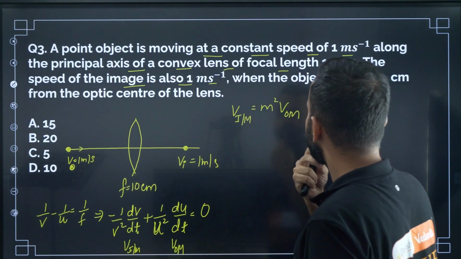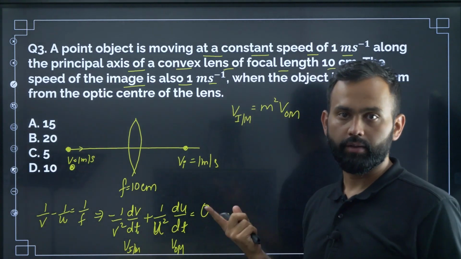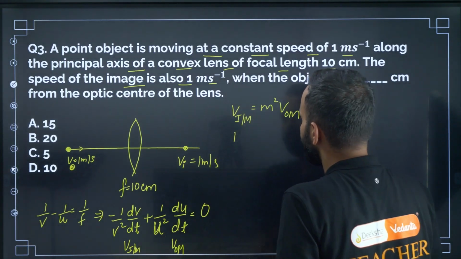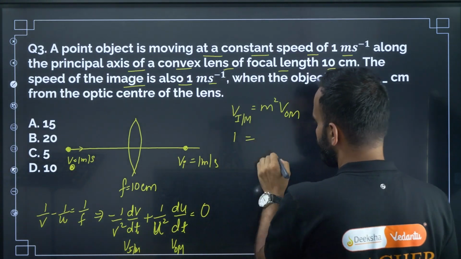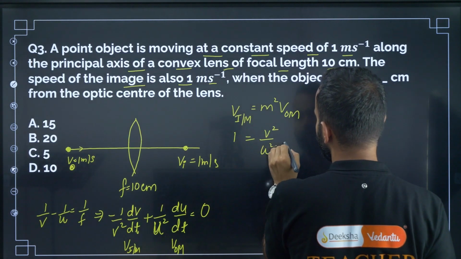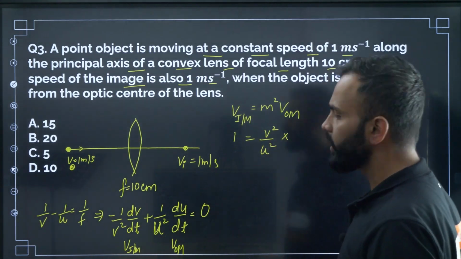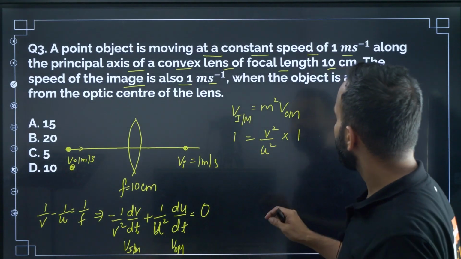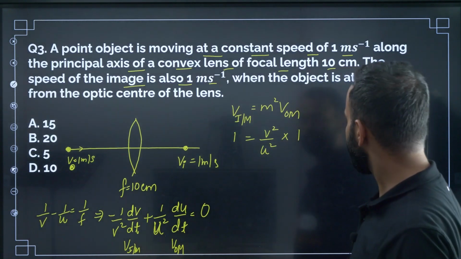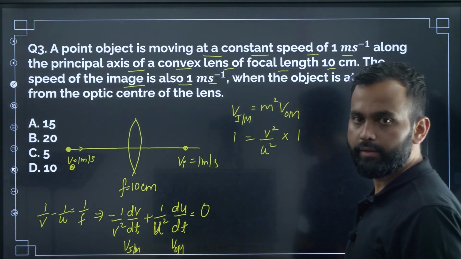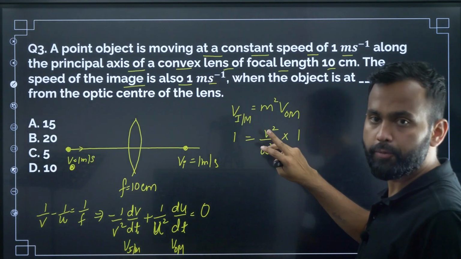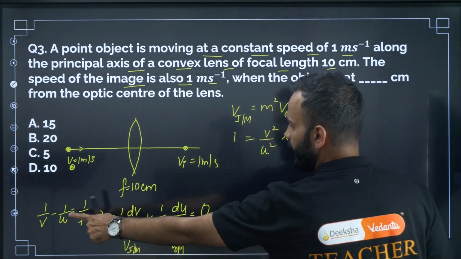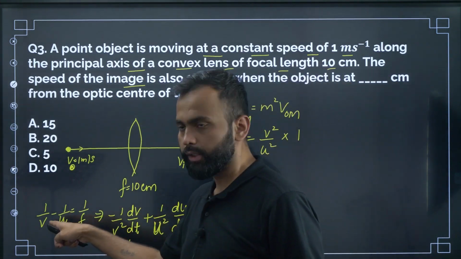Now the velocity of the image with respect to the mirror. What is the velocity of the mirror? It's 0. So the velocity of the image with respect to the mirror is 1 meter per second, which is equal to m square. M square is V square divided by U square into the velocity of the object with respect to the mirror, which is 1 meter per second. So we need to find the value of U. We don't know the value of V, but we can write V in terms of focal length and U. So from the lens formula, I can write this equation as, anyway, U equal to minus,